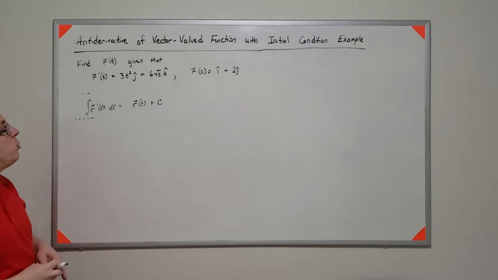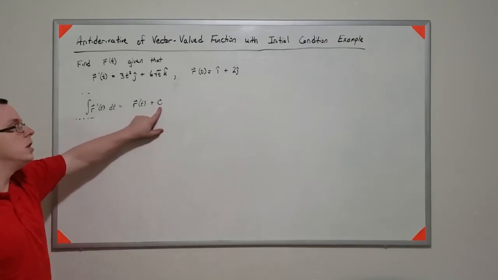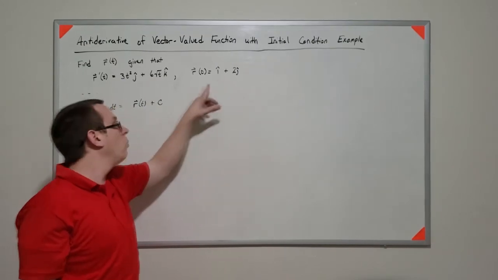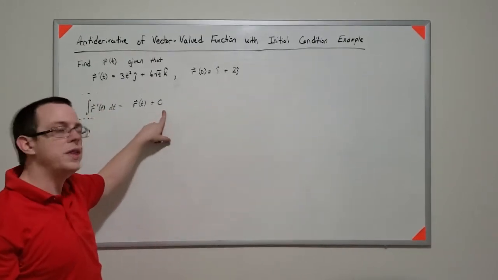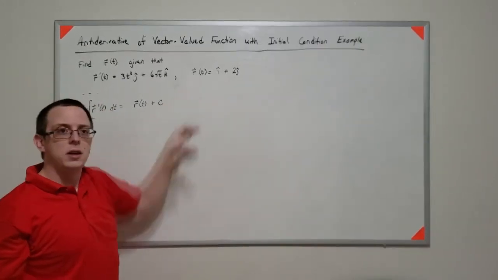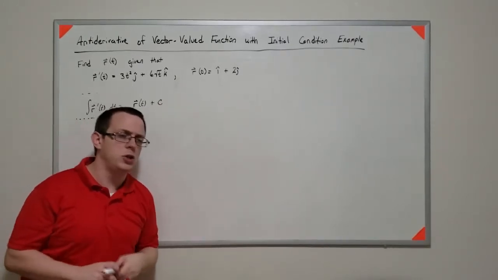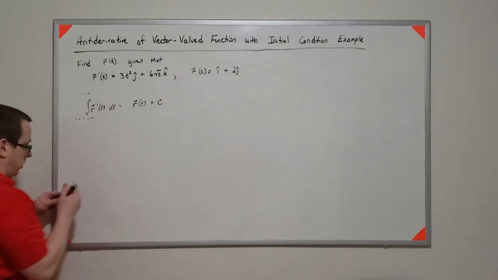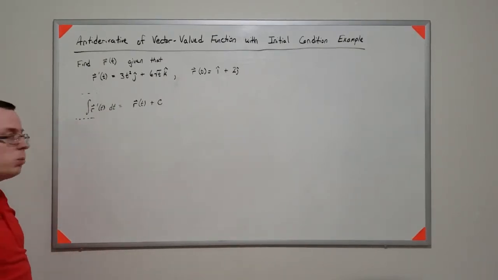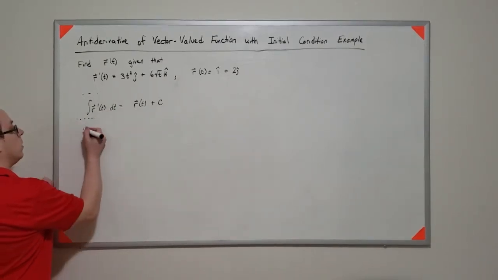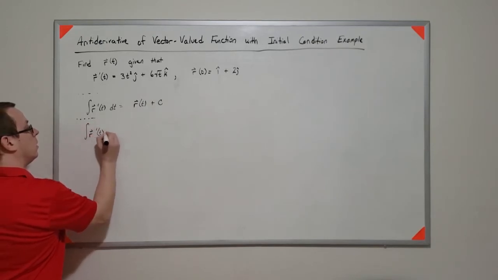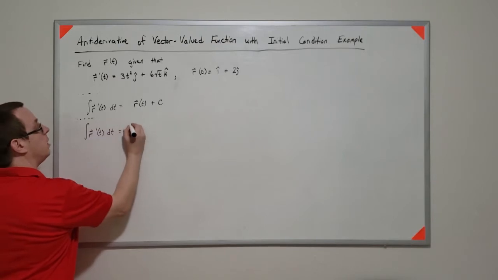So this is a known situation. But what we want to do is find the specific constant that satisfies this initial condition. So again, we're going to be solving for what this value is to fit these cases. This is a very common situation in physical systems. So then if I want to integrate r prime of t with respect to t,